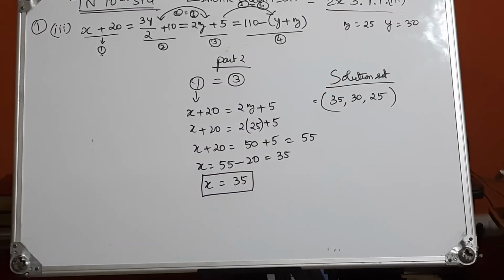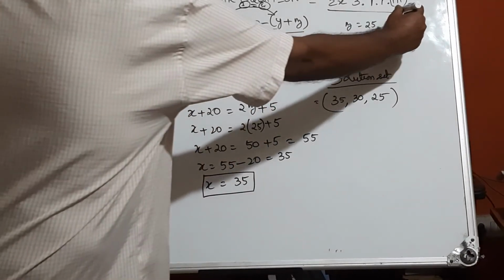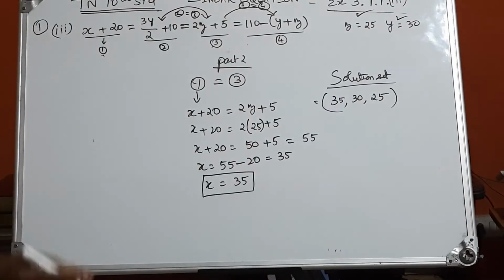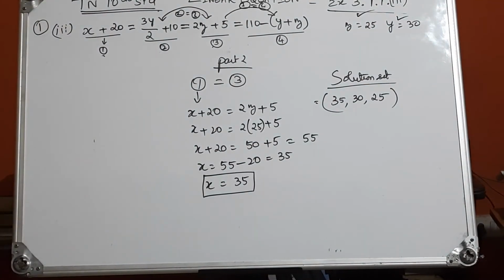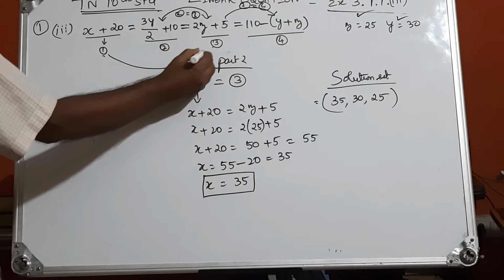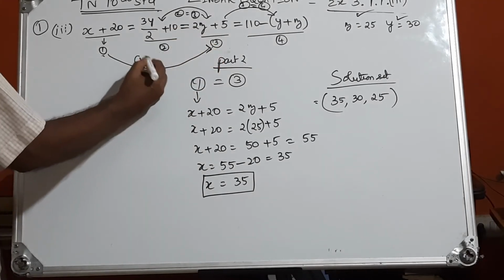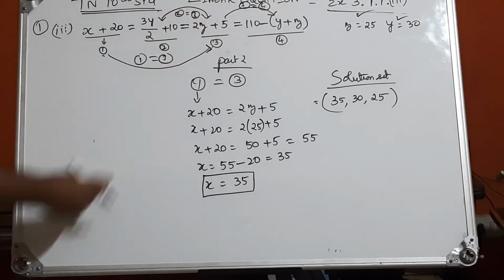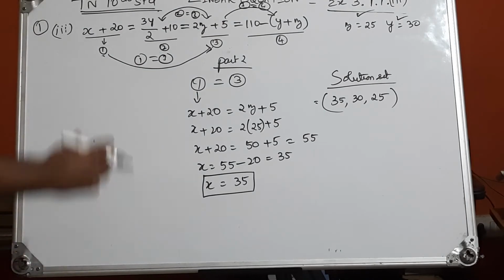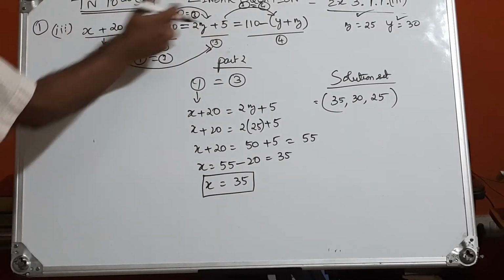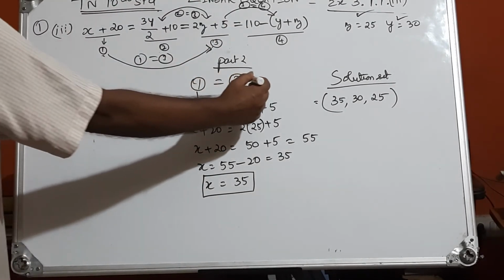Now we will do the last part. We got the value of y. We got the value of z. We have to find the x. We got this as part 2. Now you put equation 1 equal to 3. You may ask why you are putting like this. It's very easy. Anything you can equate, but because we know the z value, you can equate this. So 1 equal to 3, right?